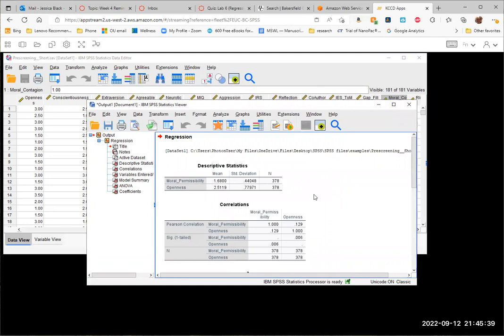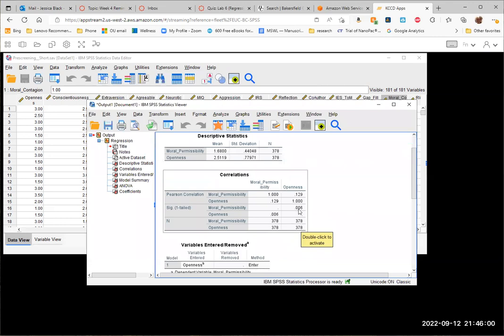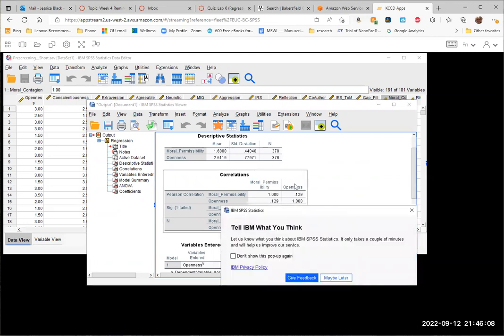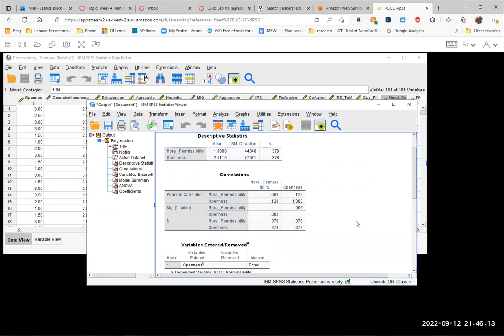And here is our regression output. Now, because I selected descriptive statistics, it gave us the mean and standard deviation for our dependent or outcome variable or criterion variable, and openness to experience, which was our independent variable or predictive variable. All right, it also tells us the zero order correlation between the two, okay, which was 0.129, all right. Okay, so scrolling down,